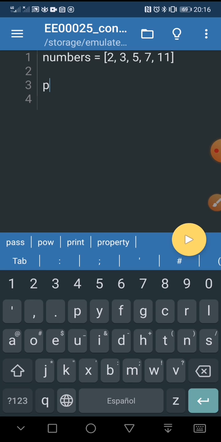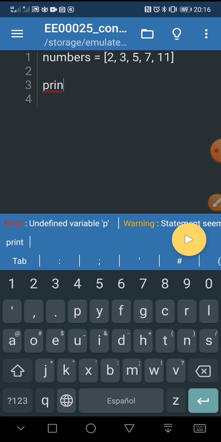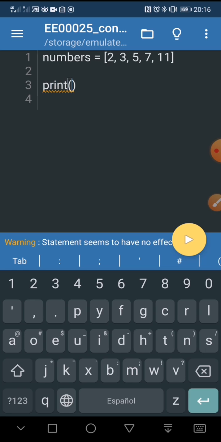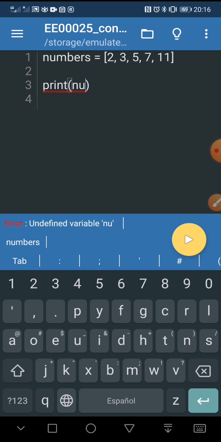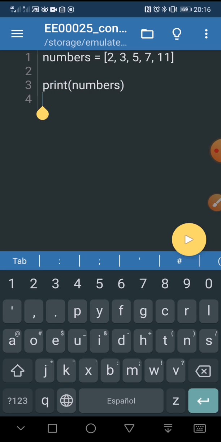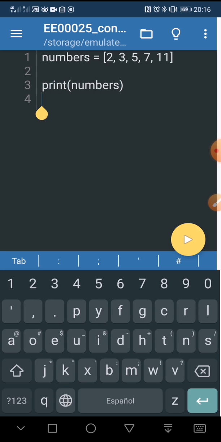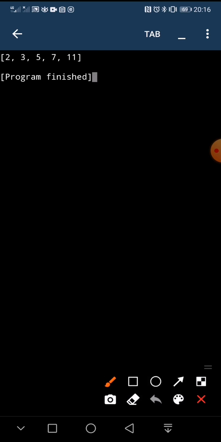Now, using the print function, we can show in the standard output, the terminal, the content of that list. That is a basic operation. Nothing new to this moment. Here is the list with elements 2, 3, 5, 7, and 11. Now,